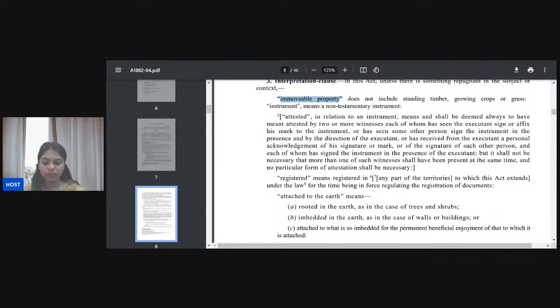So what is movable property? If immovable property is what we have said, then what is movable property, students? Movable property, if you see, whatever property is not immovable is movable. And movable property is not defined. Is movable property defined in the TP Act? You will not find the definition in the TP Act. So of course in movable we can bring standing timber, growing crops and grasses because they are excluded in the TP Act. That means if it is not immovable property then it is movable property only.